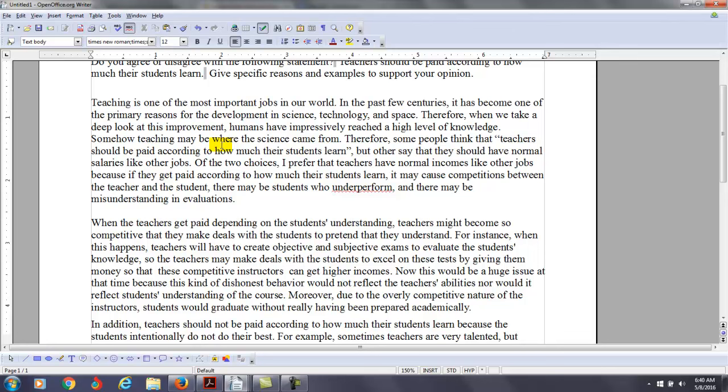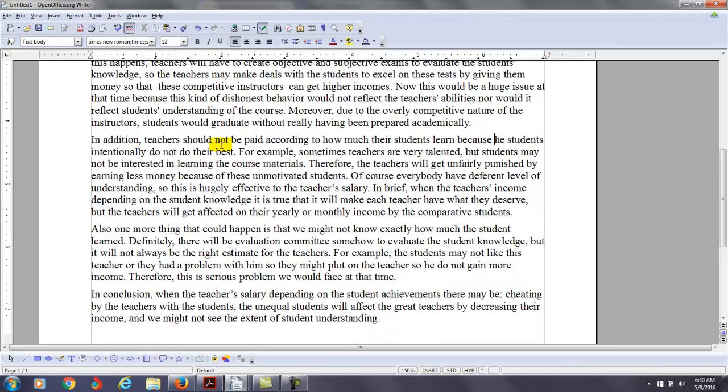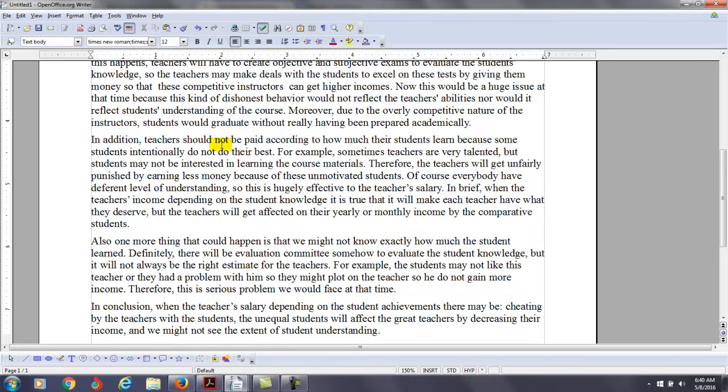Underperform. So when teachers, okay, in addition, you have teachers should not be paid according to how much your students learn because some students, we have to be careful we don't make an overgeneralization here, because some students intentionally do not do their best. For example, sometimes teachers are very talented, but students may not be interested in learning the course materials. Therefore, the teachers will get unfairly punished by earning less money because of these unmotivated students. Of course, everybody has different levels of understanding,